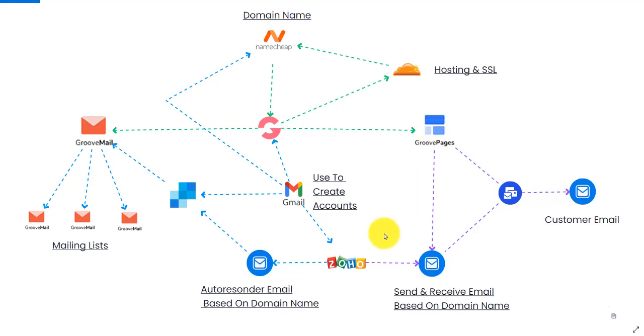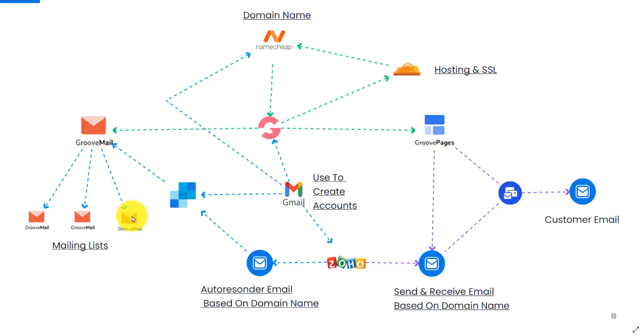What we're going to do today is create a second email account within ZOHO. This email account is going to be specifically for the autoresponder system, in other words, GrooveMail. We're going to attach this email account through SMTP services on Sendgrid, and then we're going to put the details from Sendgrid into our GrooveMail account so that we can use the second email address here to send an email out through our GrooveMail autoresponder to the different lists we want